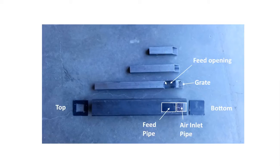On our chimney, we have to cut a little slot in here so that it would mate up with this, so that way we could feed our pieces of wood and little twigs in there. And then what I did is I just took some welding rod and put across here and made a little grate, right? On the insulator case here, I cut a big slot through here, and